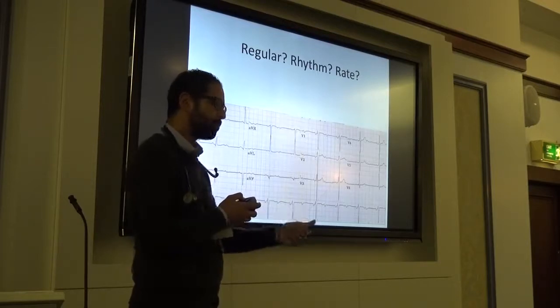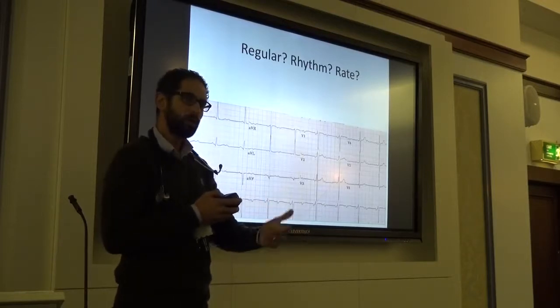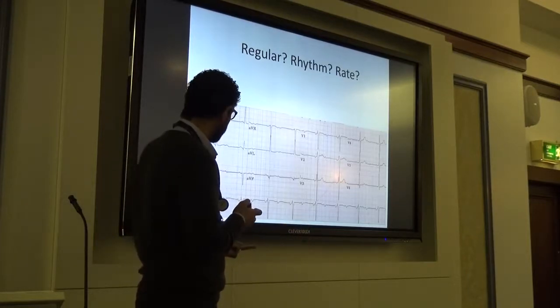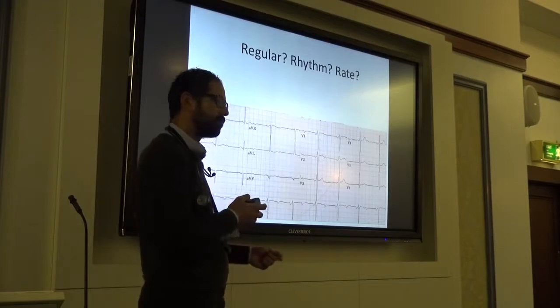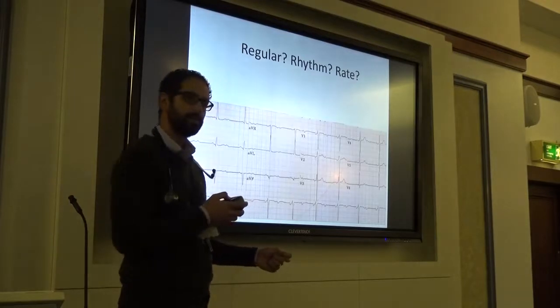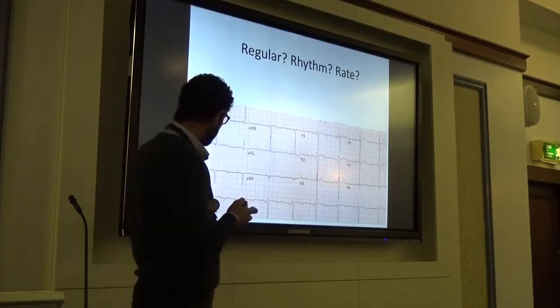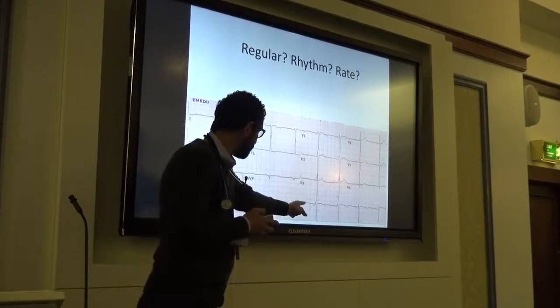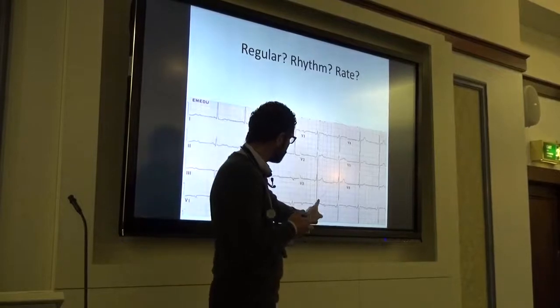So I'm looking for one P wave followed by one QRS preceded by one P wave. So let's see if these two conditions are met. What do you guys think? Yeah, so there's P wave followed by QRS, P wave followed by QRS, PQRS, PQRS. But let's see the second condition, QRS